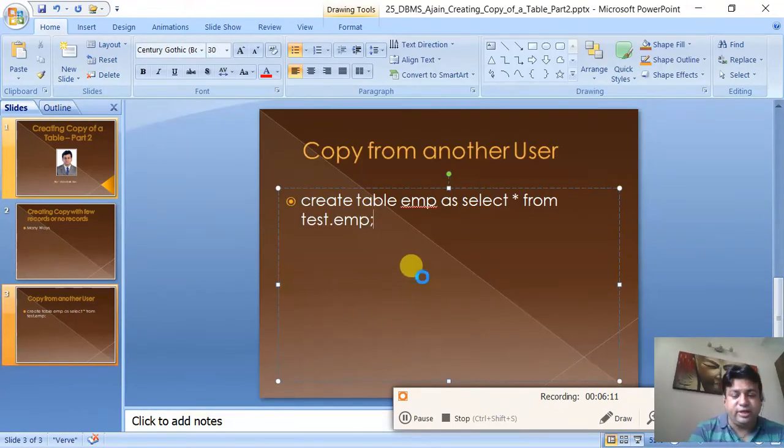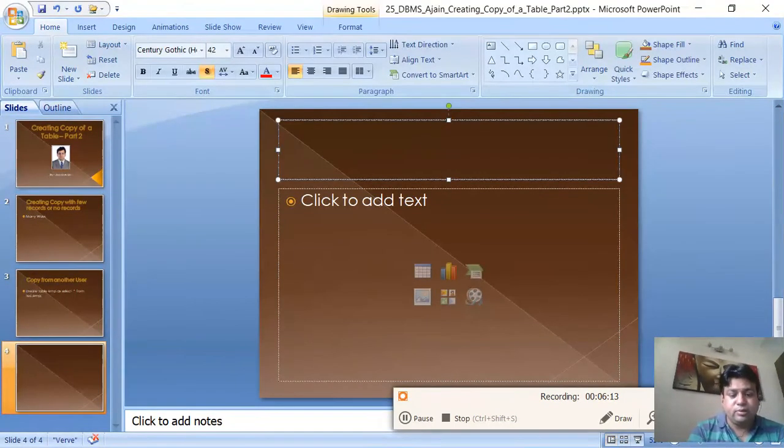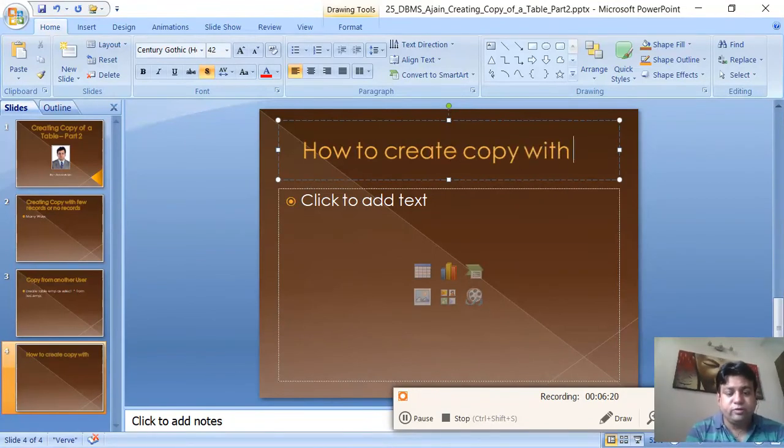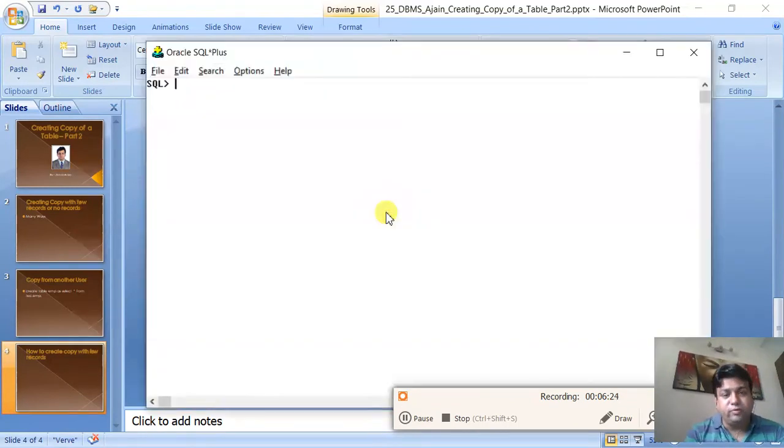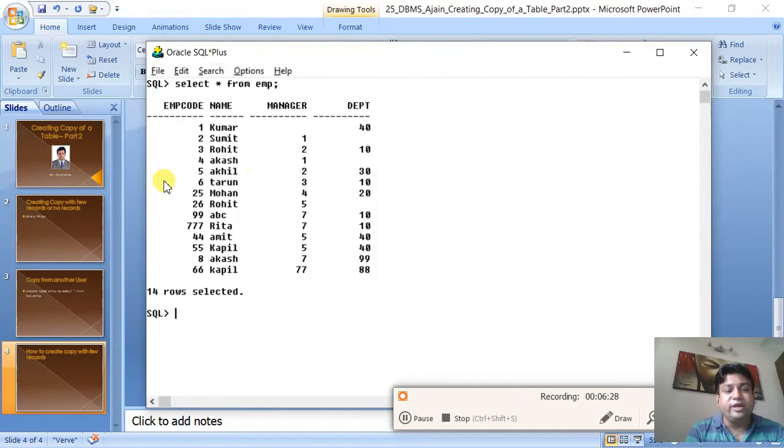Now let us see another topic, that is how to create a copy with few records. Now few records, although we have seen select star from EMP. Now I want to create its copy with less number of records. Okay.